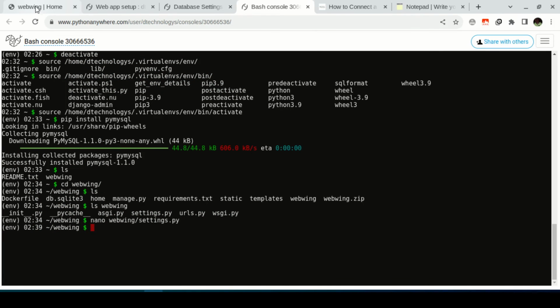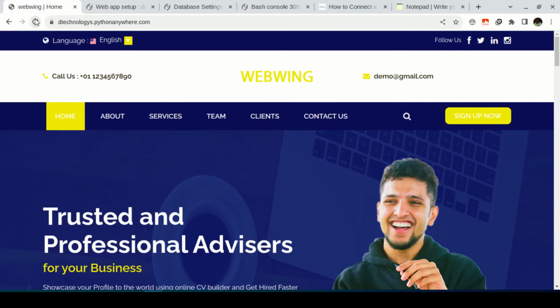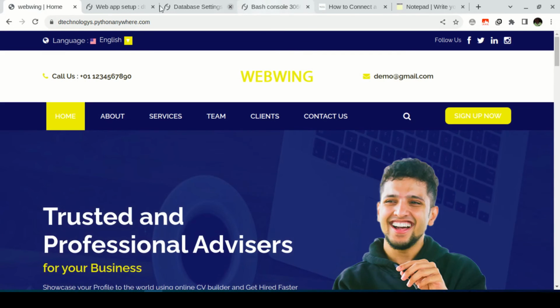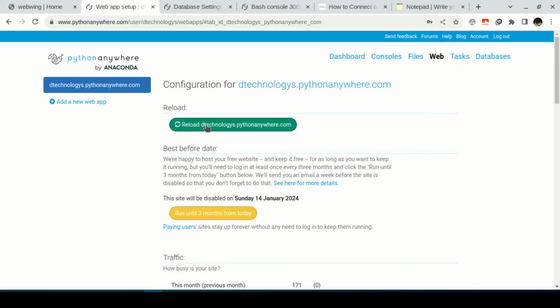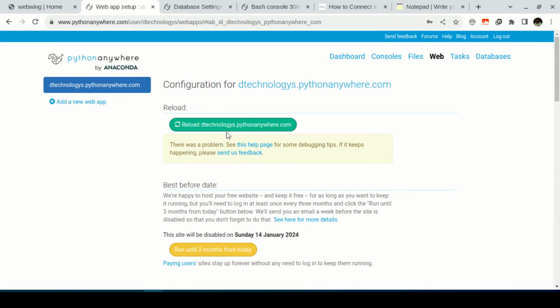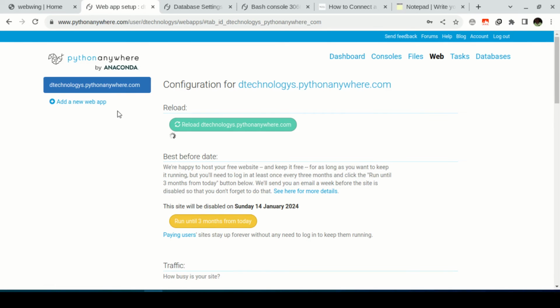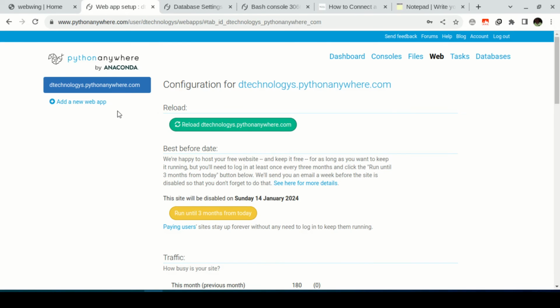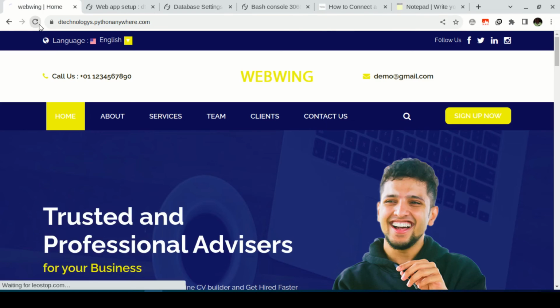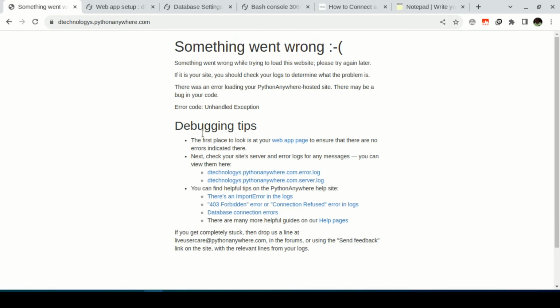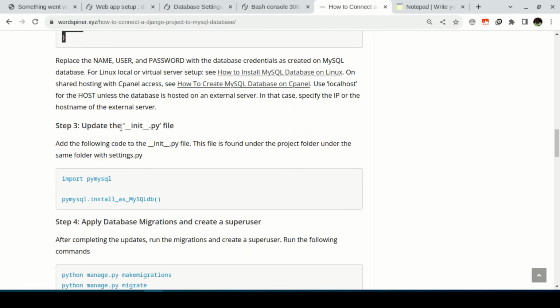Alright, let me confirm that I'm able to access my website even after the change. To confirm that the change has actually happened, you need to reload your application. I'm seeing there was a problem. Let me just reload the full page. Alright, then reload. Something happened. After doing this, we need to add some code to the